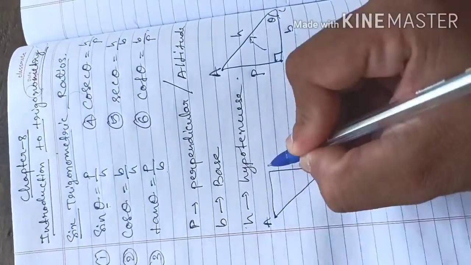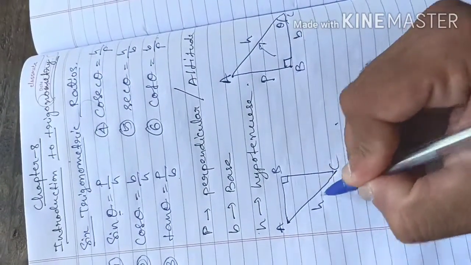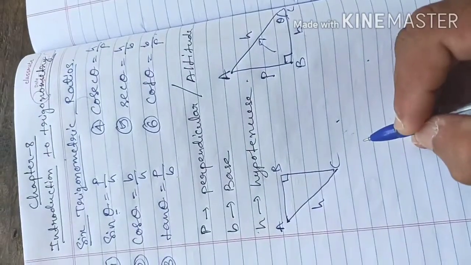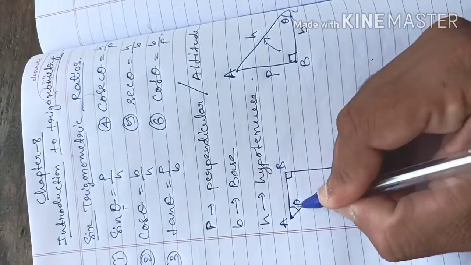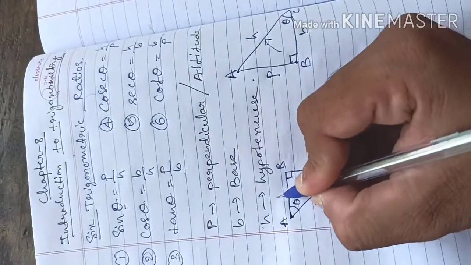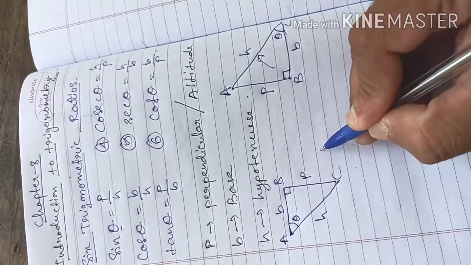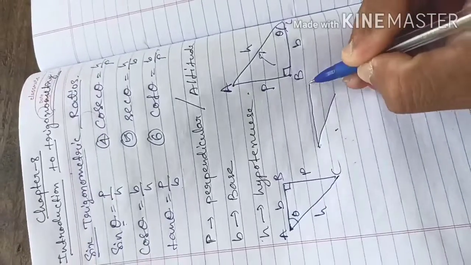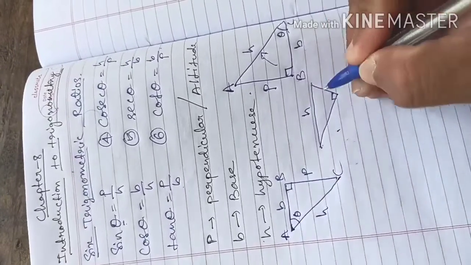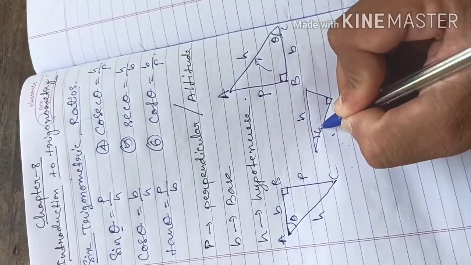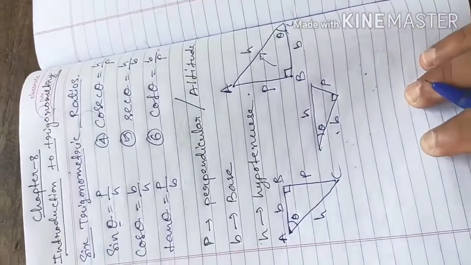One more, suppose the triangle is given in this way. I said opposite of 90 degrees is hypotenuse, but which one will be the base and perpendicular? How to identify? The line which contains two angles will be taken as base and the third side will be the perpendicular. One more, suppose this is a right angle triangle. Opposite of 90 degrees is hypotenuse, the line which contains the angle will be taken as base and the third side will be the perpendicular.